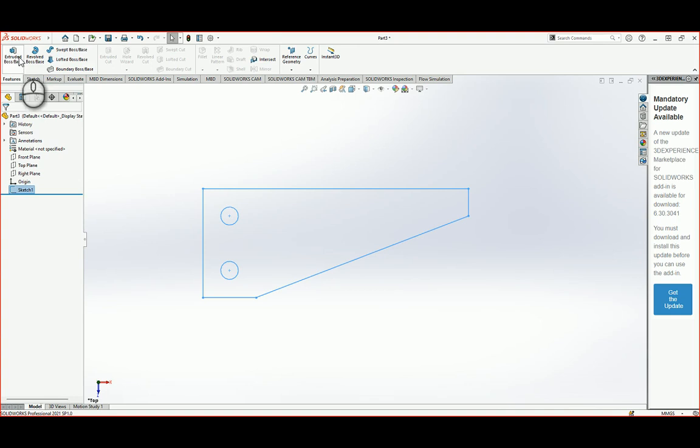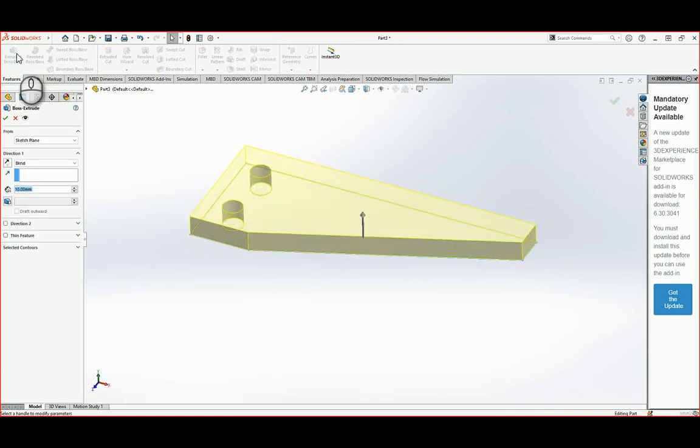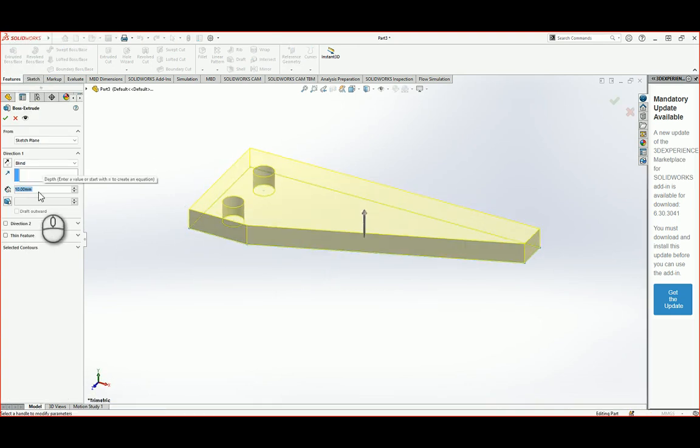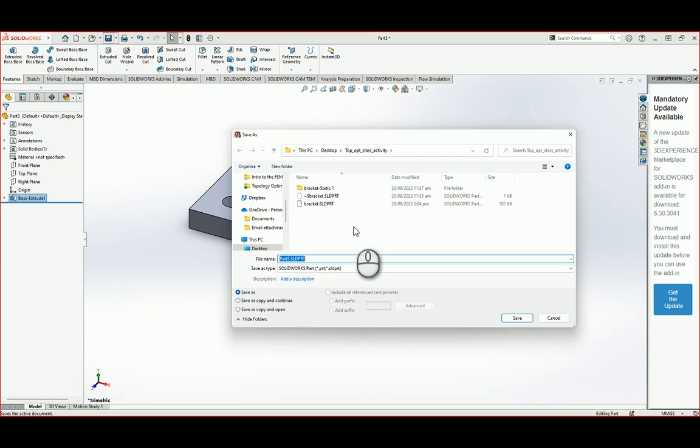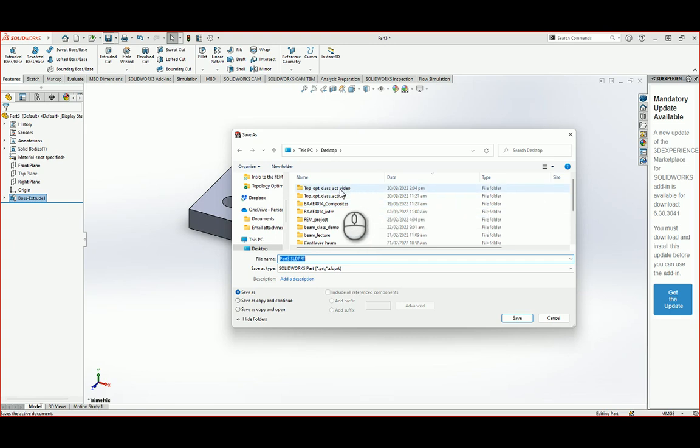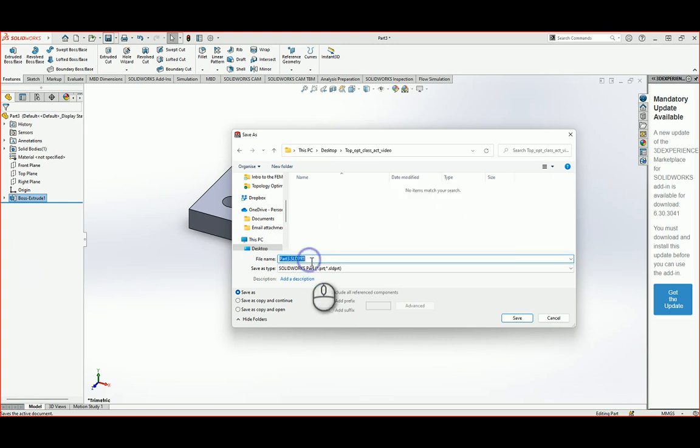Then we go to features and then we could extrude. And our extrude thickness is 10 millimeters, so that is good here, and you can select that. So now we have our part, our component. Alright, so remember at this point to save. And when you save, save to a folder on your desktop. And we can call it